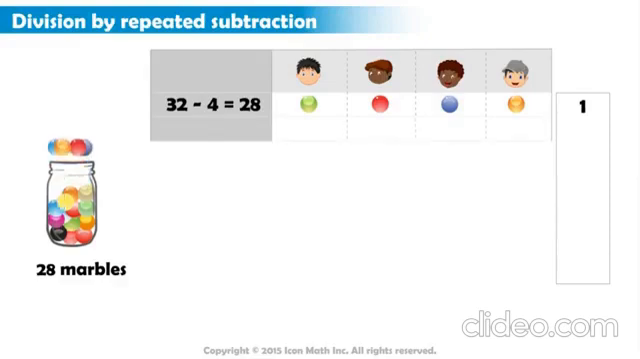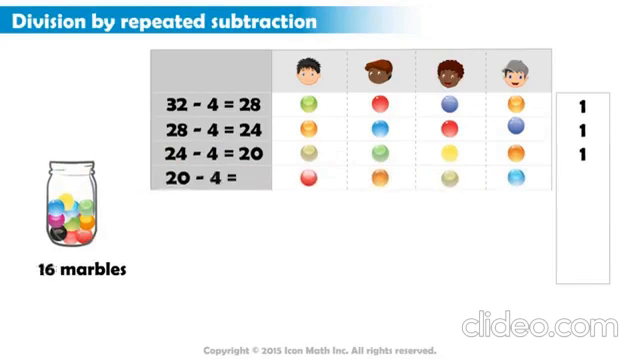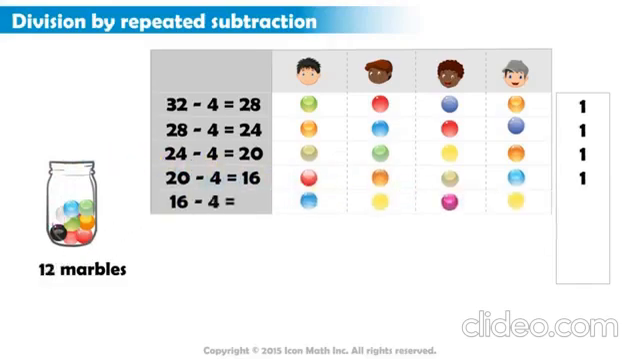Now we take another 4. And that leaves us with 24 marbles. We also write 1 across the margin to show that every player got another 1 marble. Now, we take another 4 marbles, leaving us with 20 marbles. Again, we note this with a 1 across the margin. If we keep doing this repeated subtraction of 4 marbles from the remainder, while keeping a record of how many marbles each player received,